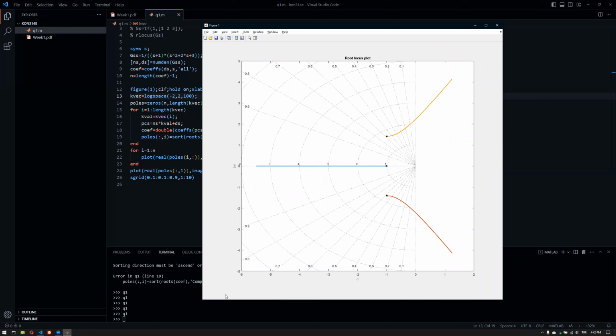Now here we have 3 poles. 2 of them tend to the right here, and one of them is basically tending to the left. Now we can calculate the asymptotes and stuff like that, and we will see 60 degrees and negative 60 degrees and 180 degrees as the asymptotes, because we have no finite zero, we have infinite zeros. So this one tries to match the asymptotes, this one, and this one tries also to reach the infinite zero with